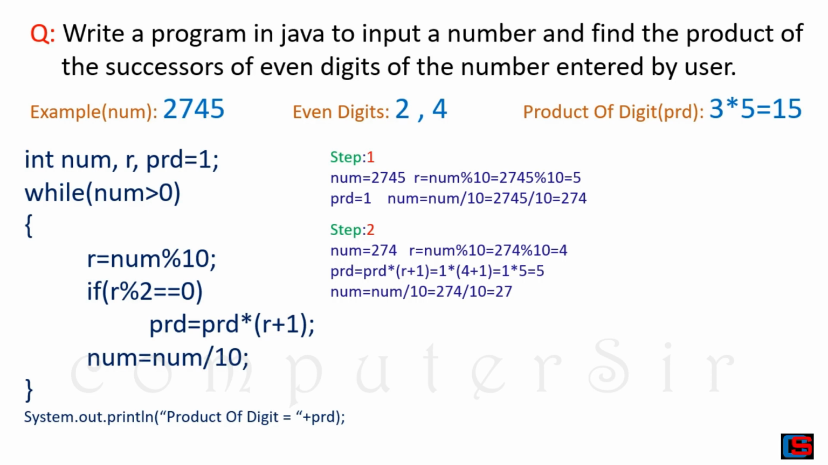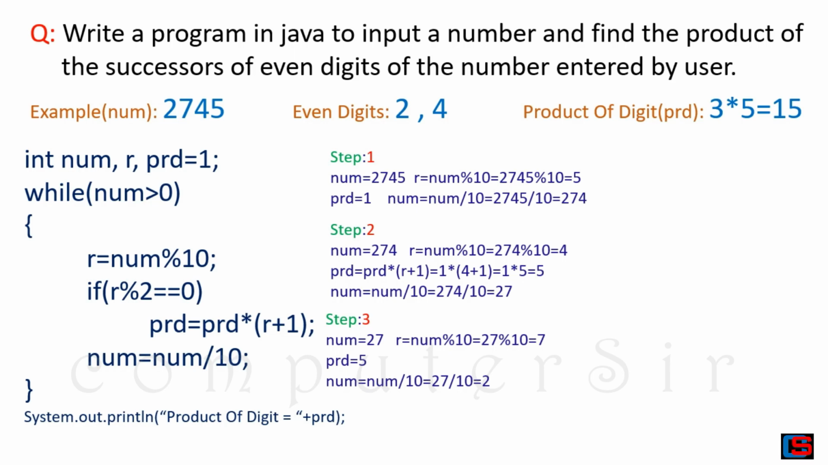So in step 2, the value of num is 274. So 274 divided by 10, and the value of num becomes 27. In step 3, the num is 27, so r equals num mod 10, so 27 mod 10, and